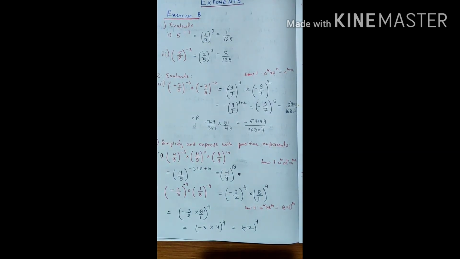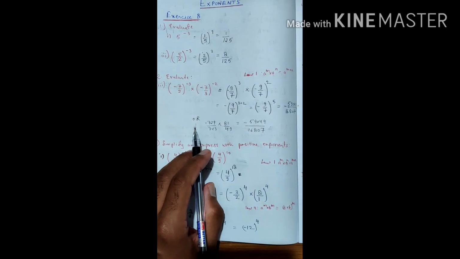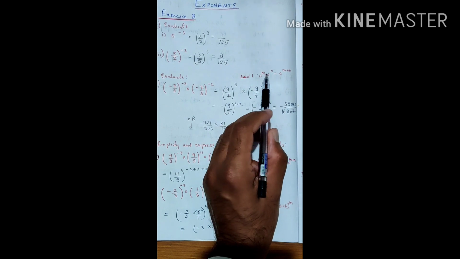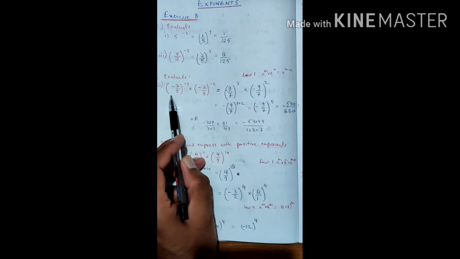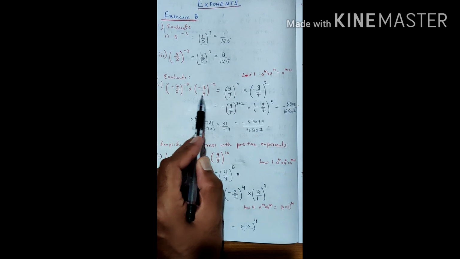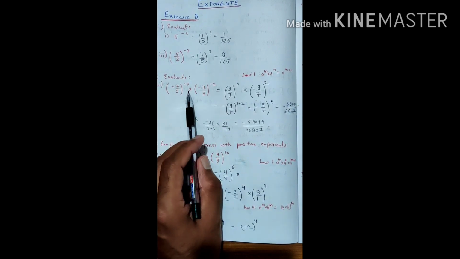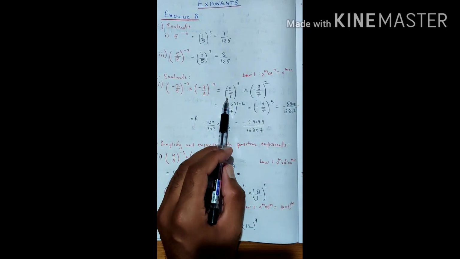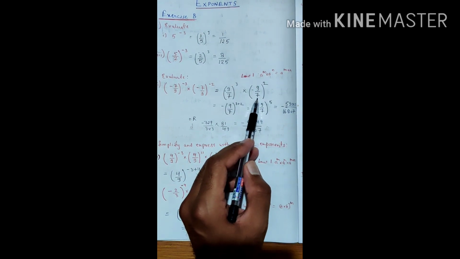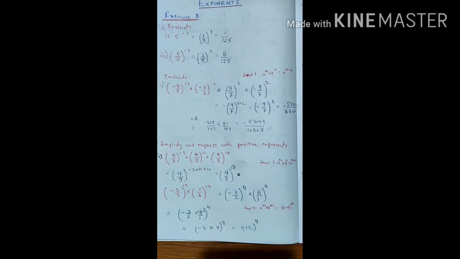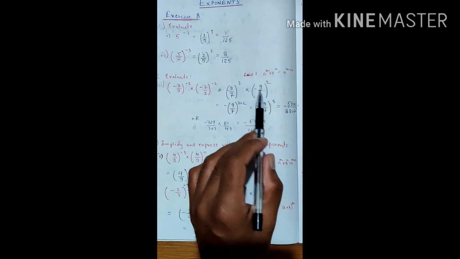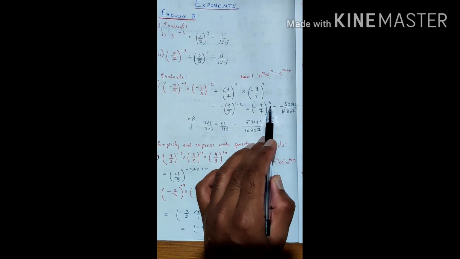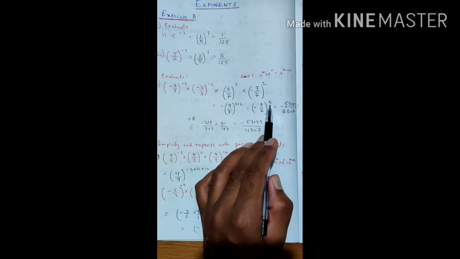If you have prepared your laws of exponents, we have discussed law number 1 there, that is, when the bases are same, powers add. Similarly, as you can see in this question, our bases are same in both the cases. But we have a negative power, so let us first make the value positive. So this will become minus 9 by 7 raised to the power of 3 into minus 9 by 7 raised to the power of 2. Now again both the bases are same, so we'll add the powers. After adding 3 plus 2, this comes to be minus 9 by 7 raised to the power of 5.